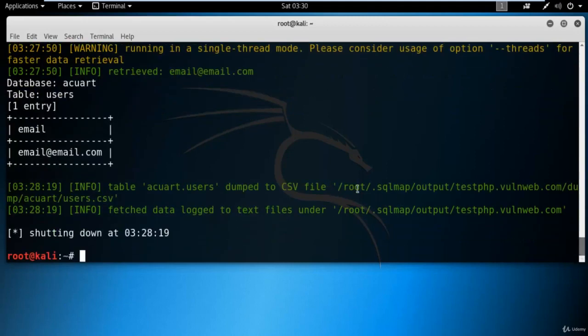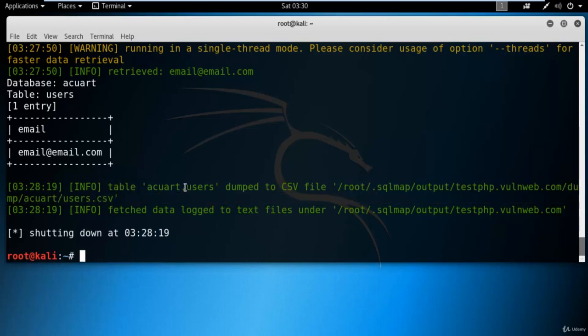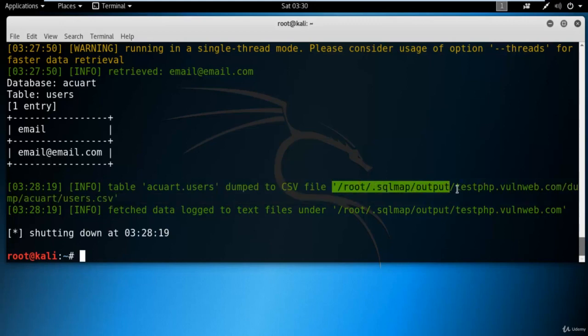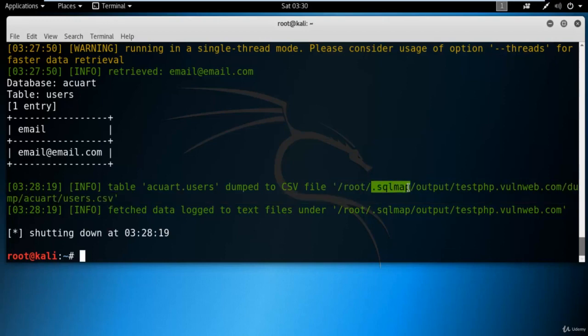And you can also move to this directory to get information. You can see that info table acquired users dumped to CSV file /root/.sqlmap/output. You can see here that this is .sqlmap. That .sqlmap means it is a hidden file. So let me check where it is.